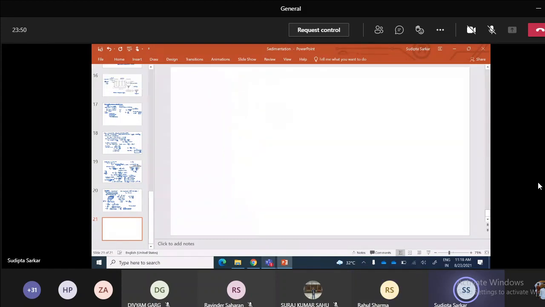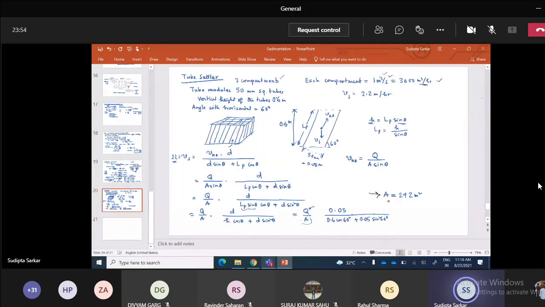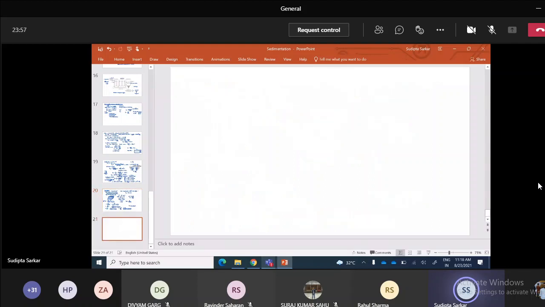So we have got an area of 242 square meter, right? So now let us consider